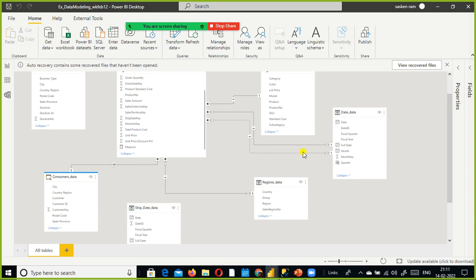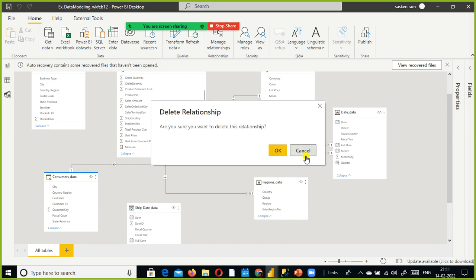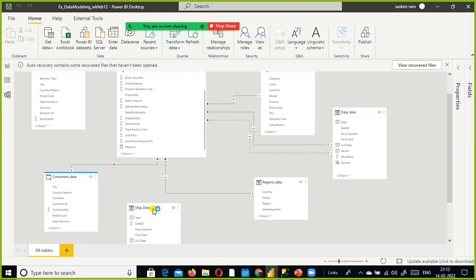In that case, you can remove this relationship, and I just renamed this duplicated date table with some meaningful name like ship date data. What I do is I just create the relationship between date ID and my ship date key.